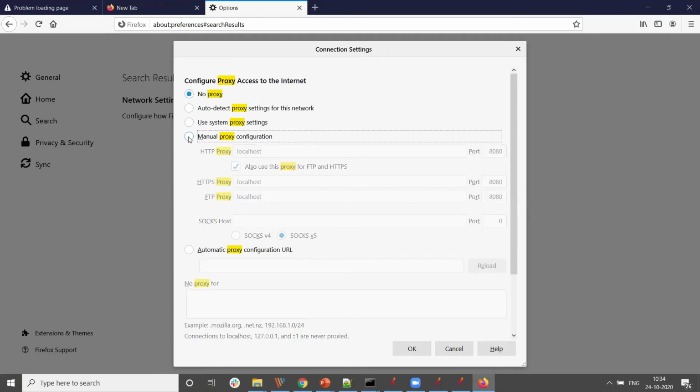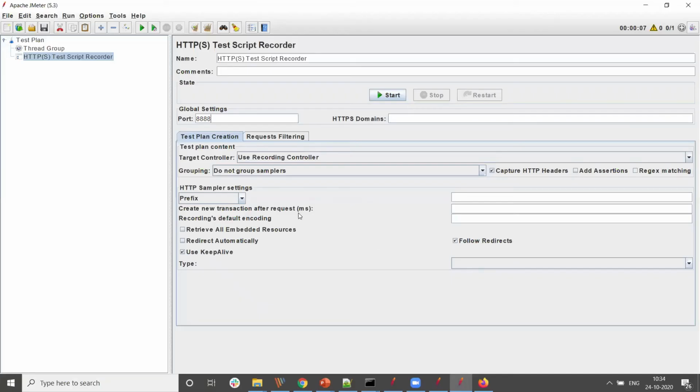I'm selecting manual proxy. If you are using your machine only, choose localhost and whatever port you want to use. Make sure that port is not in use. 8080 is the port that we generally use, or when you open Firefox with JMeter, it will be port 8888. So I'm going with 8080 here, and I'm just changing this to 8080.